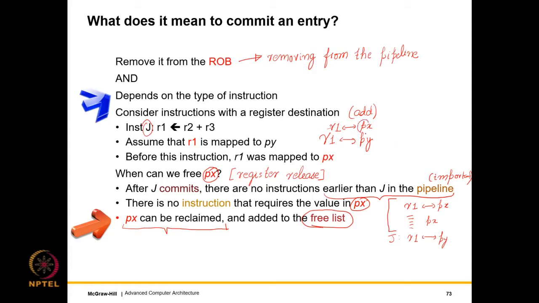So at this point the previous mapping is Px. When instruction J is committing, we can't release Py, that is important because consumers of Py will still be there in the pipeline. But we can definitely release Px because Px's use is over, right? All the instructions that were using Px, all of them have been committed, we know that for sure, a direct corollary of in-order commit. So what is essentially left is Py and its uses, so Px can be released.